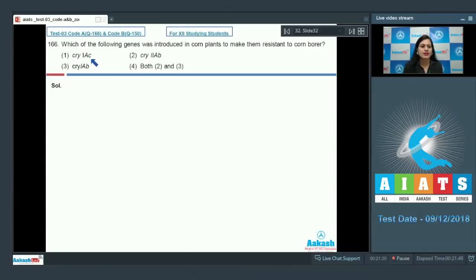Question number 166. Which of the following genes was introduced in corn plants to make them resistant to corn borer? And the correct answer for this question is option number 3, that is XII1AB. Because XII1AB makes corn plants resistant to corn borer,